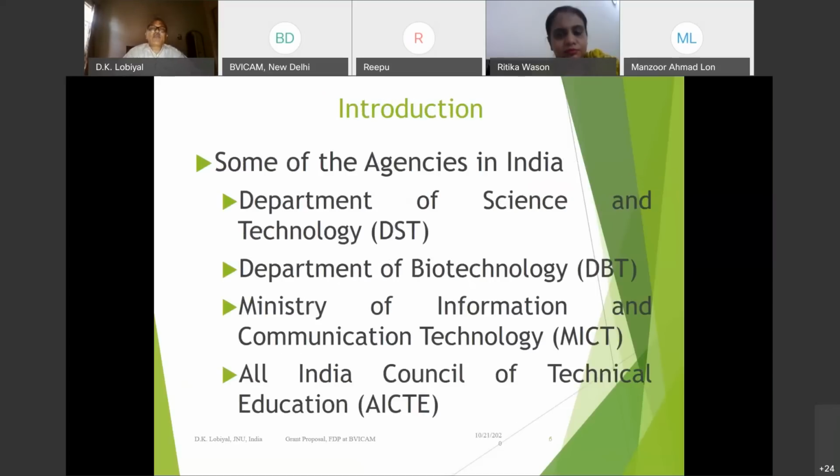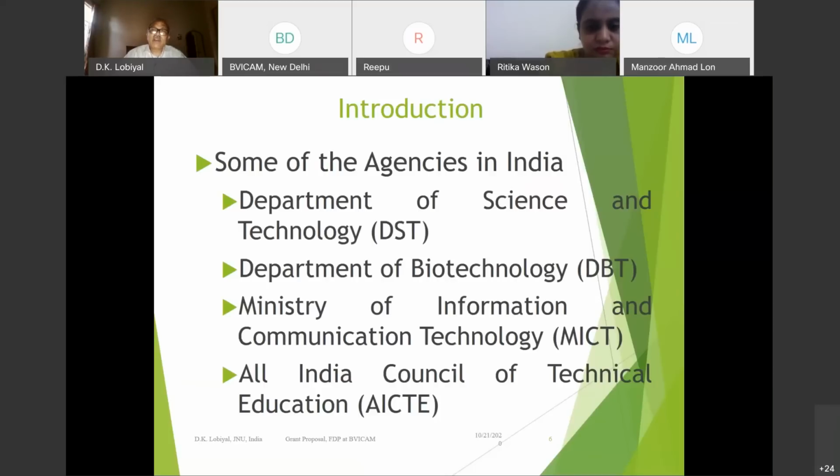And some of the funding agencies, I remember the DST, Department of Science and Technology. Probably now, in future, with the new education policy implemented, we may have a national research funding agency, NRF, National Research Funding, that will grant funding to all. I don't know whether DST, DBT, all will be merged in NRF, whether they will be subcomponents of NRF, or what kind of structure will evolve. That time will tell. But right now, today, we have the Department of Science and Technology, which provides you funds